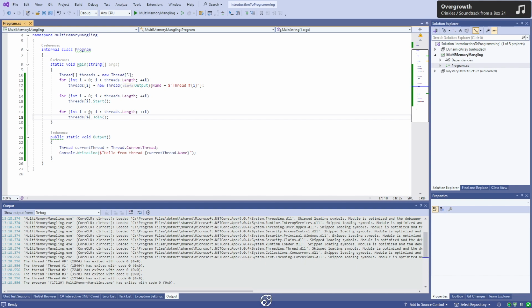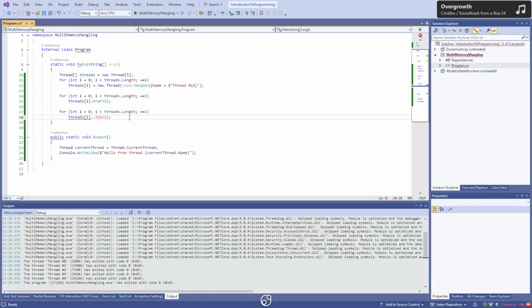But that's fine, because once the first one is finished, we just wait for the second one. And if that second one has already finished by the time the first one is done, then okay, we can immediately merge and we're done. We don't even have to wait. Because if the thread exits while we wait for another one, the instance of the thread is still valid. It's not doing anything anymore, but we can still use that variable. We can still access its data. We can still do stuff here like